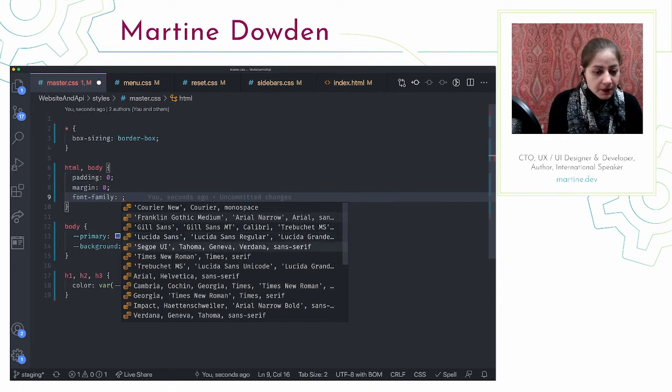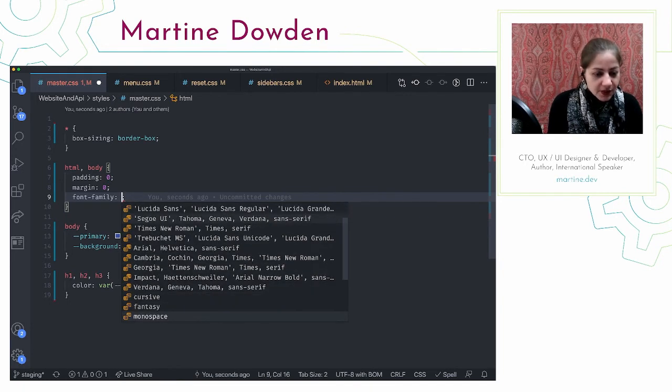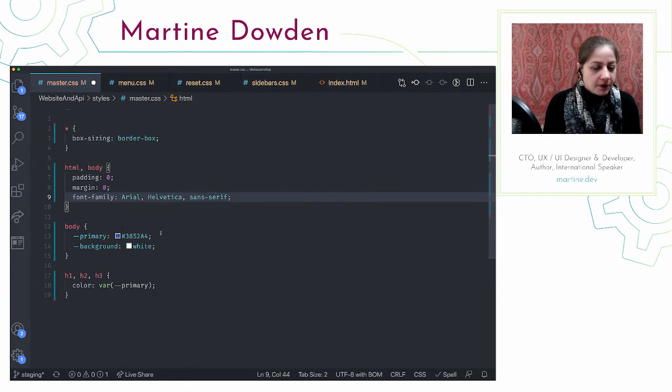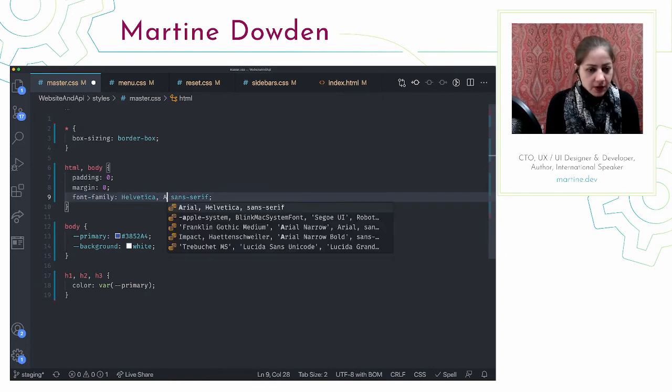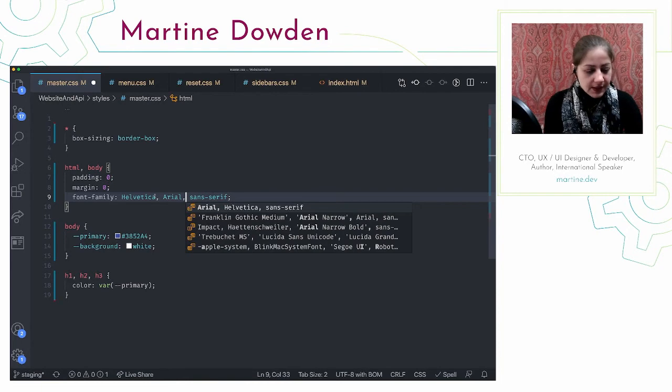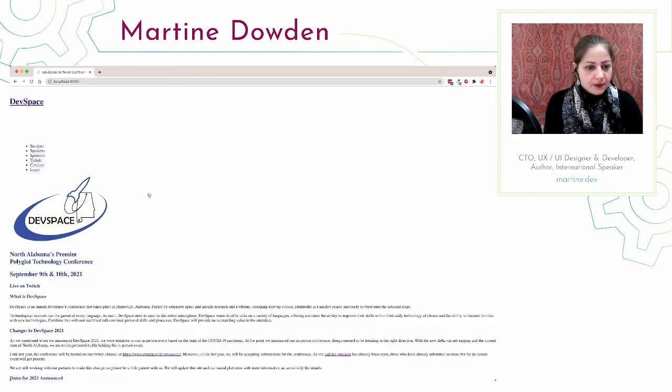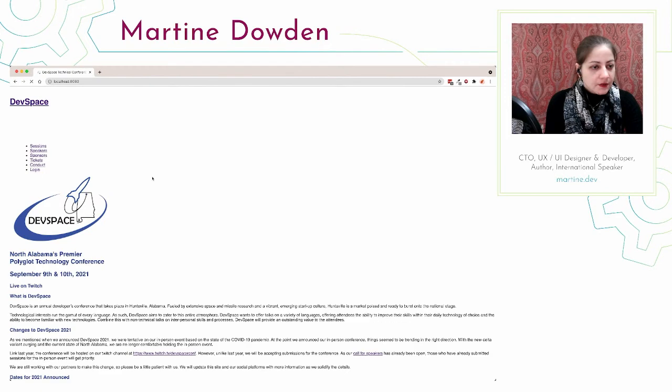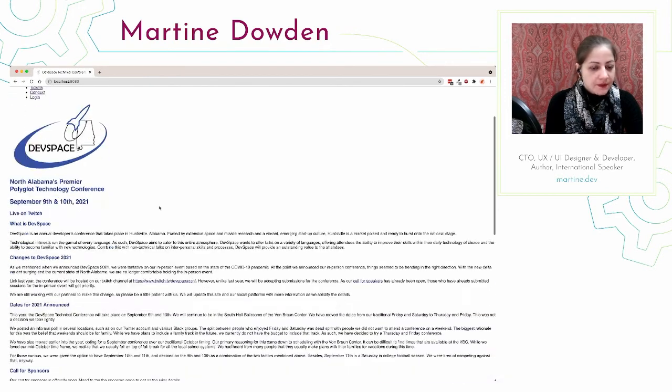And so I think I'm going to pick, let's see from these presets if there's anything fun. Verdana is nice and legible. I also really like Arial and Helvetica. So what we're going to do is we're just going to swap these because I'd much rather have Helvetica first. There we go. And we're going to go ahead and save that and see what that gives us with our typeface. There we go. So now we have something nice and legible.